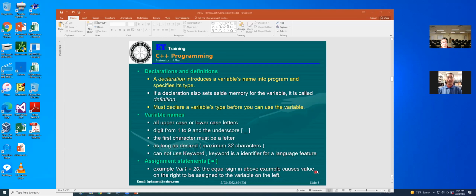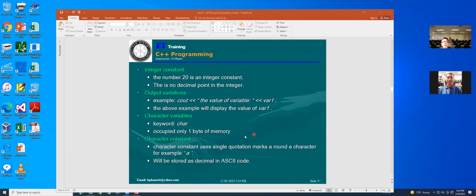That's what we call assignment. When you see VAR equal 20, then you know that's an assignment. Integer constant. The number 20 is an integer constant. There is no decimal point in the integer.